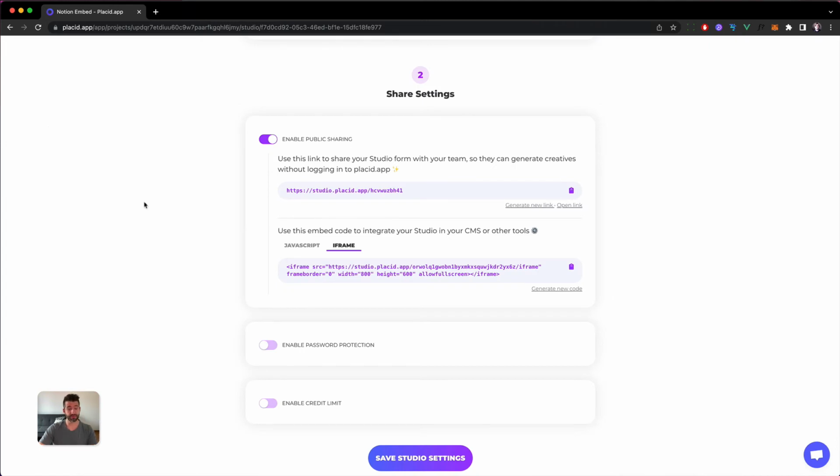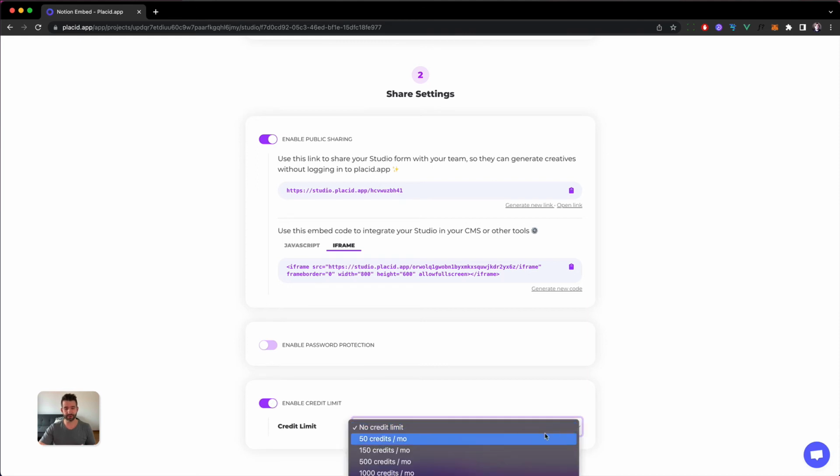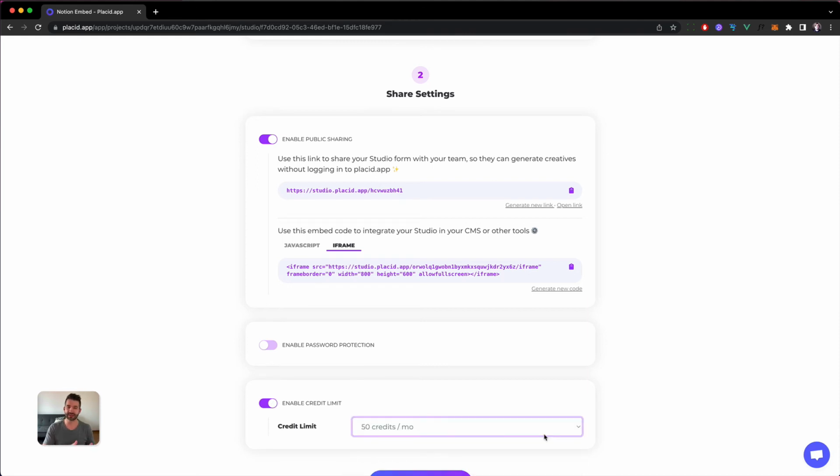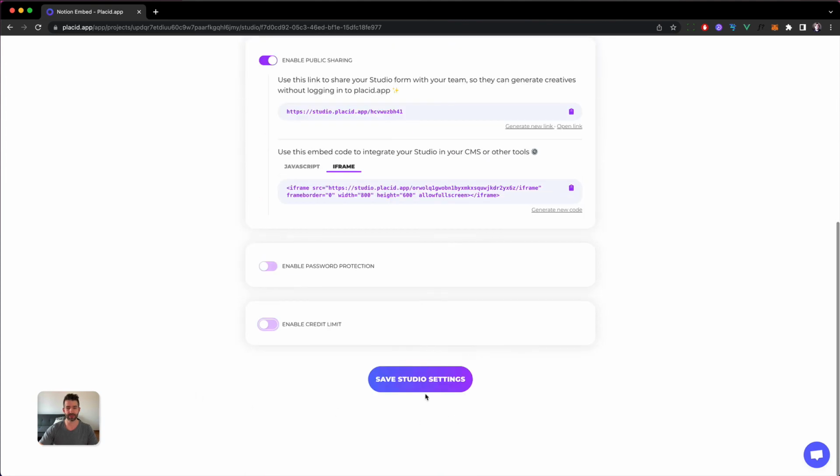What else can we say? We have a few extra options here. Also, we can password protect the whole studio. So if you send it to someone external, you can password protect it so that no one uses up your credits from your studio, of course. And since we're talking about credits, we have also a credit limit for a studio. So if you have maybe multiple teams on multiple projects, you can set a credit limit per month, which would limit this certain studio instance to not be able to create, in this example, more than 50 images per month, right? But we also don't want that. We can save the studio,